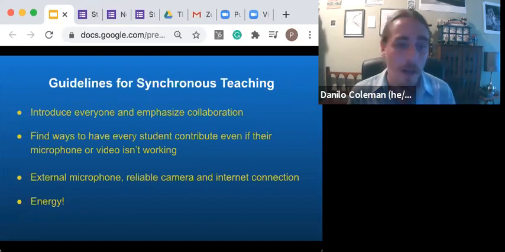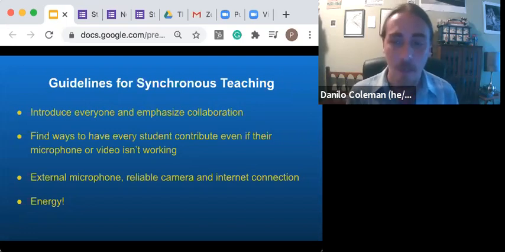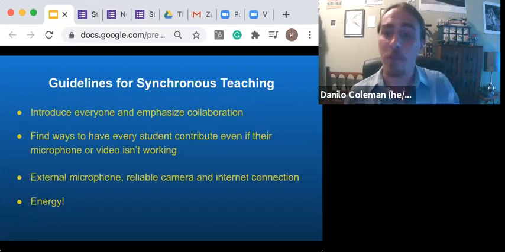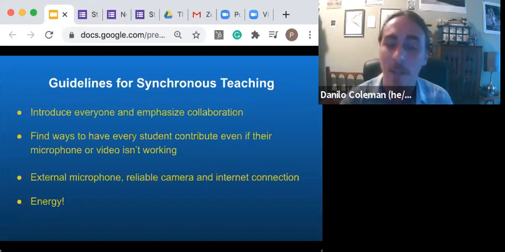as well as switching it up, right? You don't want to sit there and talk to them for an hour. You want to use those capabilities of Zoom and whatever program you're using to kind of emulate what you do in the classroom. You can use polls, like we saw at the beginning of this presentation. You can use breakout rooms to make small group work. You can even have a shared whiteboard that every student can add to. So finding ways to work that app to your benefit is really the thing that I would suggest, as well as, of course, having a good camera, good internet, good lighting, kind of like we talked about with the videos,